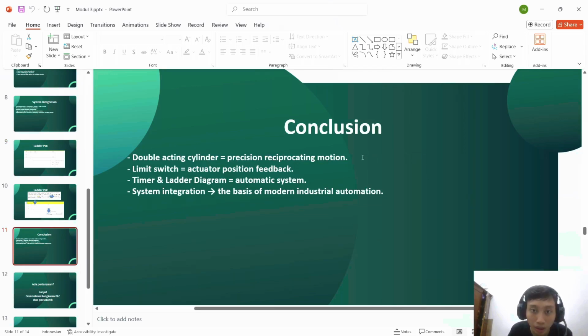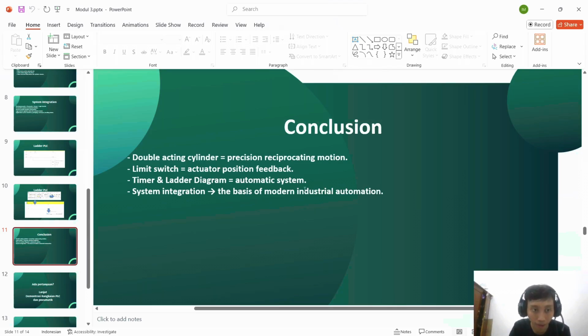Now conclusion. Double acting cylinder equals precision reciprocating motion, limit switch equals actuator position feedback, timer and ladder diagram equal automatic system, system integration, the basis of modern industrial automation.